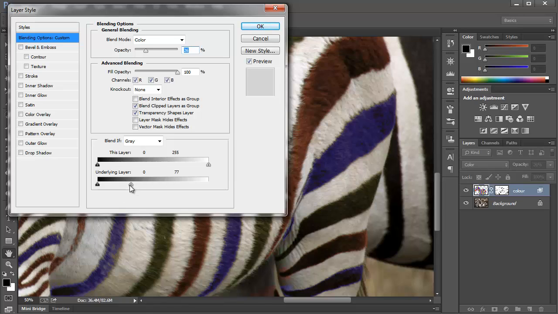What we can do here is press the Alt button down on our keyboard, and then when we drag the little slider, you'll see that it splits off. You can let go once it's split off, and then you've got the option to drag these in whatever direction. So what I need to do is get to a point. I just need to Alt click this again and get to a point where